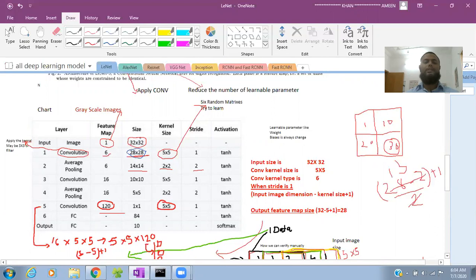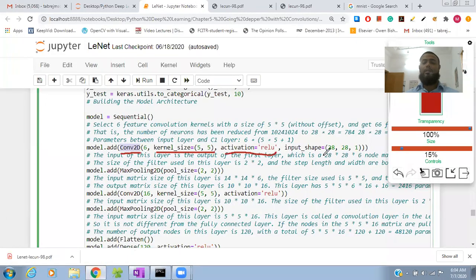You can change the input image size, and we can change this too. I did the same for the ReLU activation function and kernel size. Again we apply pooling. The first layer is convolutional, and second we apply max pooling, while they apply average pooling, with a pool size of 2 cross 2.